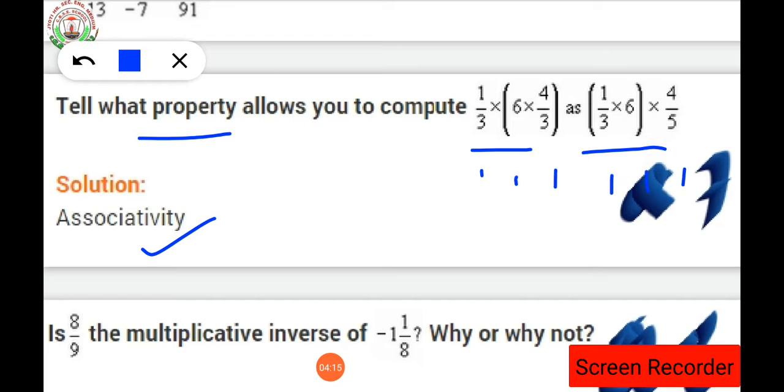Since it has 3 terms, and in between the 3 terms a multiplication sign is present, that means it belongs to a multiplication property, first thing. Now under multiplication we have many properties like closure property, associative property, commutative property, multiplicative inverse, role of 1, like that. Now you will ask me, teacher, how will we guess that it belongs to that same property? For that, students, we have to know the properties thoroughly.